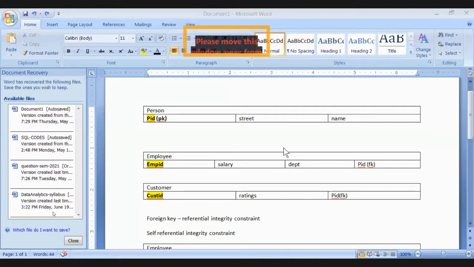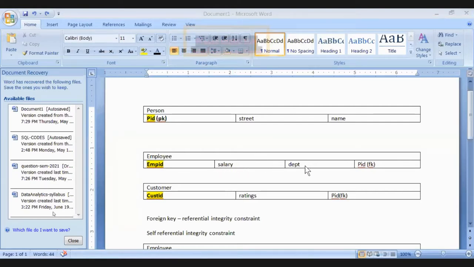Okay, very good. And what is the deletion? Ma'am, one cannot delete a record from the parent table if it is present in the child table.